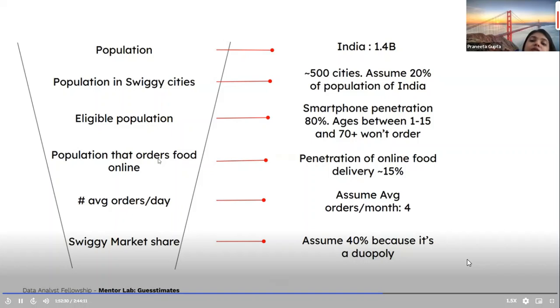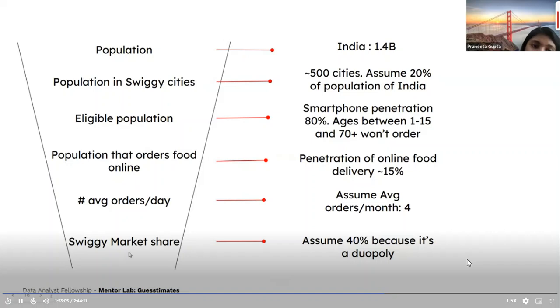Okay. Now, population that orders food online. Even out of the people who have smartphones, from that also, how many people actually have the app, right? Uske liye again we are making one assumption. So there are 15% people who are placing order online. ठीक है, अभी इसमें क्या है? Placing order online का number है ये, which means this will also include people who are ordering on Zomato, right? So this is what we have gotten from this number. Now, average orders per day for one customer, instead of per day, I'm saying average order in a month is